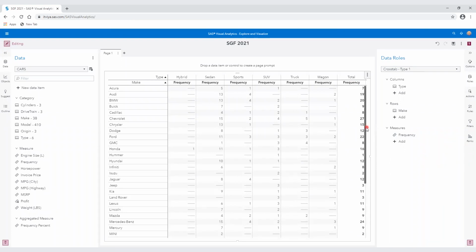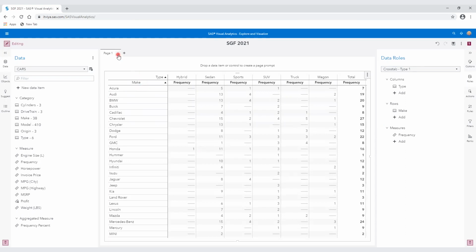Okay, but remember before I had origin, I had broken this down by origin. I still want to do that, but I want to do it in a different way. Because I've already got rows and columns, I could nest, I could add origin here off to the left side. I could group the makes into their different origins. Okay, but I'm not going to do it that way. I'm going to do it in a more fun and dynamic way.